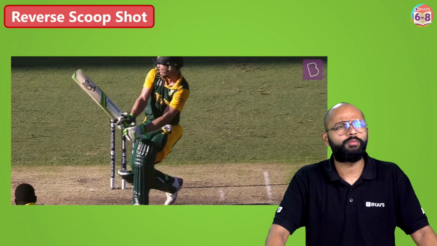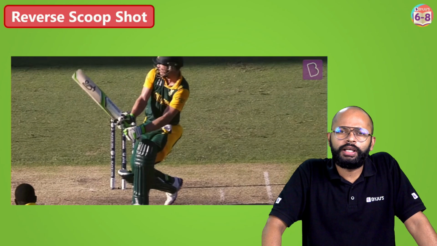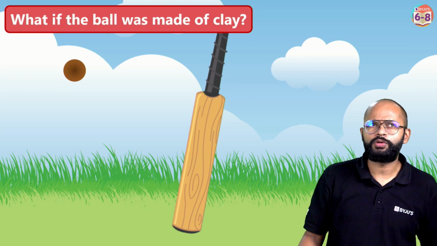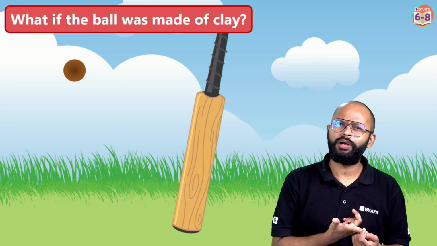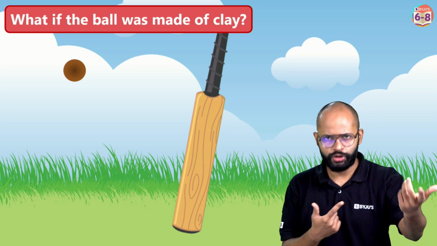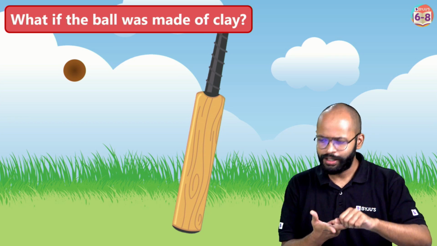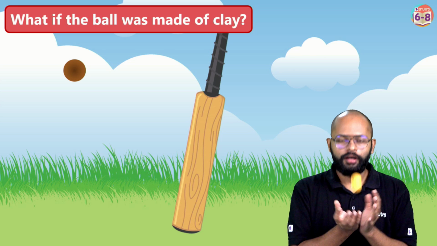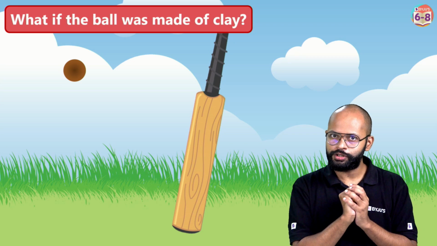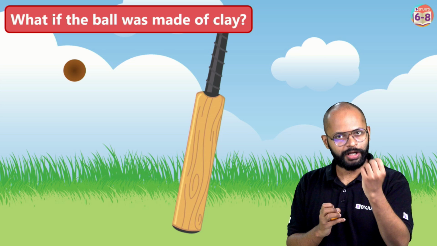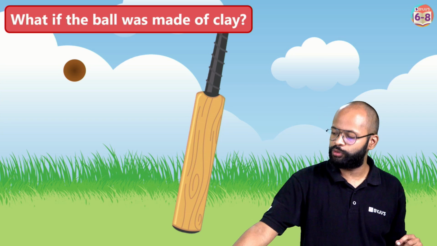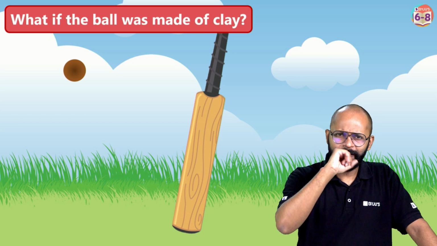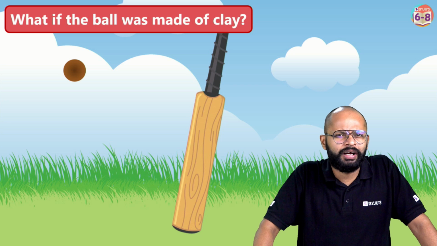Now, let's take one more case. What if the ball was of clay? So why are we talking about clay? Because there is something we learn about force, because force can bring an object into rest to motion, or an object into motion to rest, and that's what happens, no? When, let's say, a bowler catches a ball. The ball was moving, you applied force, you brought it to rest, right? So you can actually apply a force and make a body come to rest also, fine. Now, you can also change direction, fine. There's one more thing, change shape. How do you imagine that?